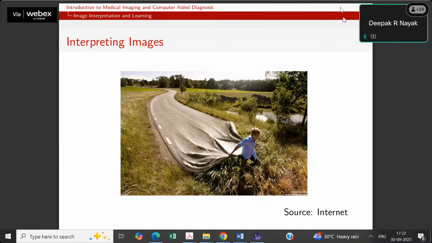I'll wait for 10 to 20 seconds for your answers. Yes, can you type your answers in the chat box? The question is, can you interpret this image? Can you analyze each and every content of this image?